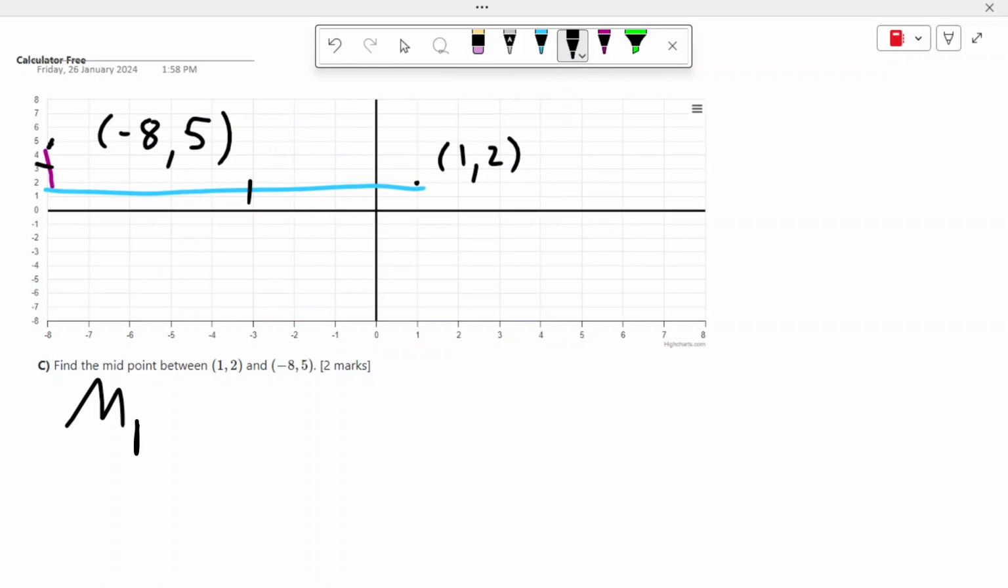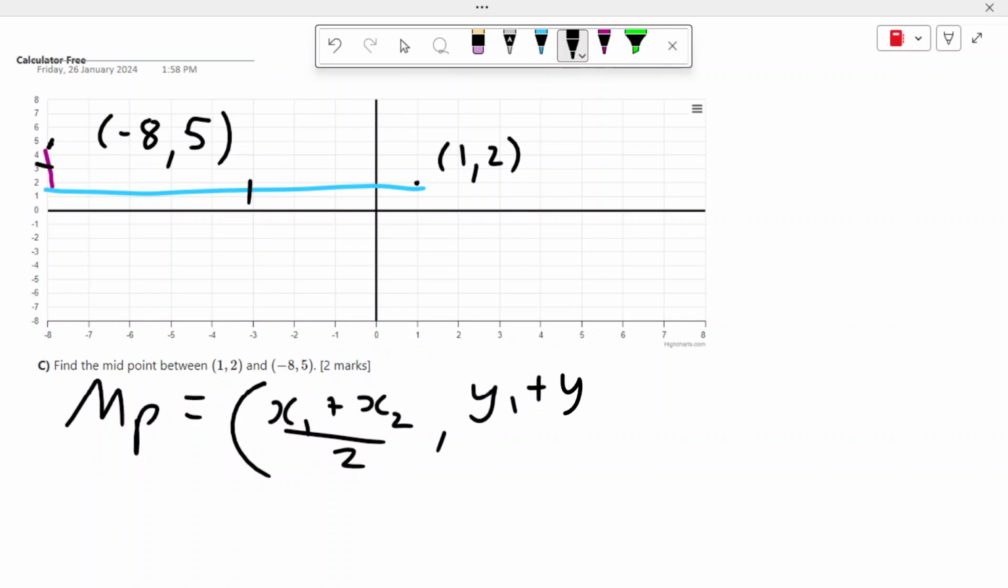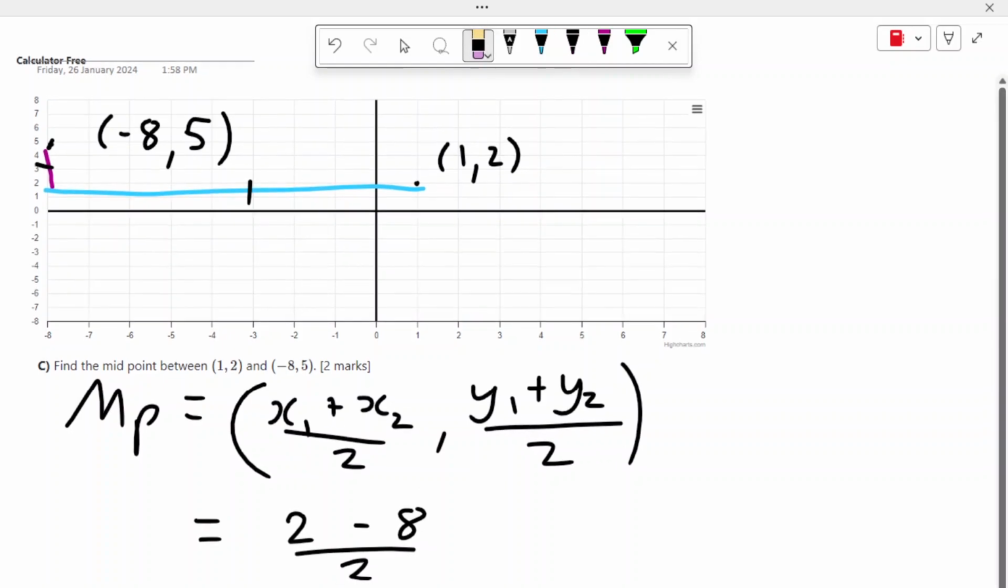So the midpoint is equal to (x1 plus x2) all divided by 2, and (y1 plus y2) all divided by 2 again. So what we're saying is if we start off with the x's, it's that minus 8, or we could say even 2 to begin with, minus 8, all divided by 2. All right, and so that will give us